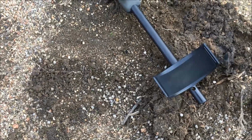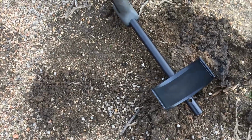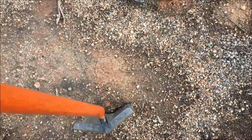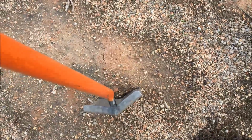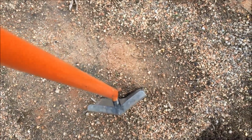So apparently on edge, and the Equinox got it. That's very interesting. But at any rate, you can see right here, I'm getting the identical signal. I'm probably going to jinx myself. It's probably going to be a piece of flat iron, but I'm going to dig it and we'll see what we got. All right, folks, I don't believe it, but there was another coin right next to the one I